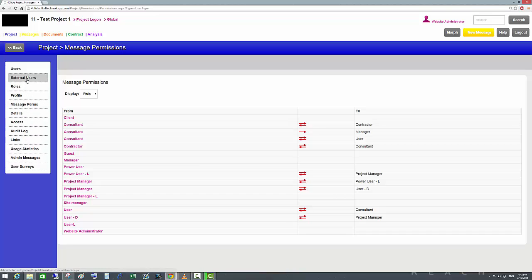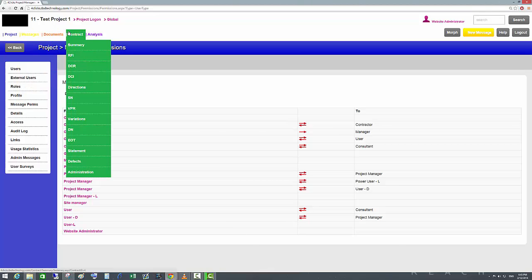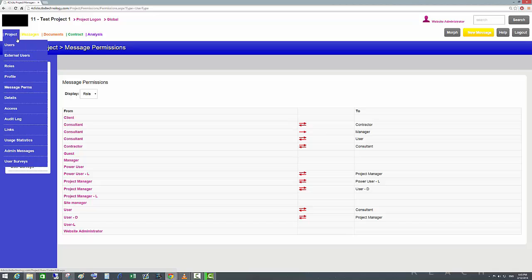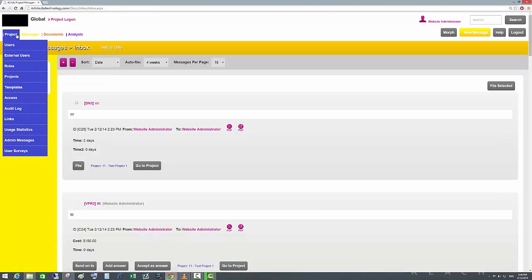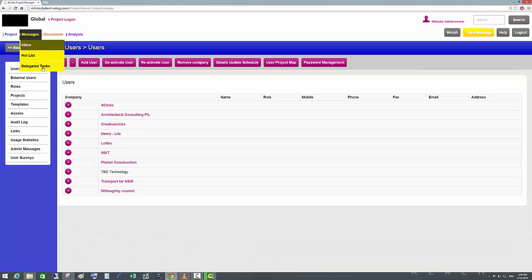Okay, the next thing is if we go to global and then project, we see the templates. Templates are folder templates that we use on a project. So if we don't want to create a new folder structure every time a new project starts, we go to the templates